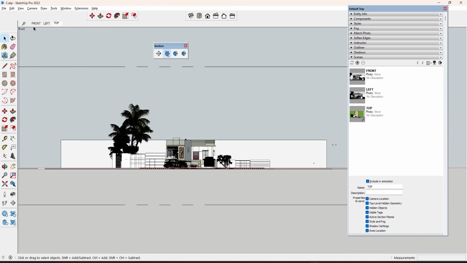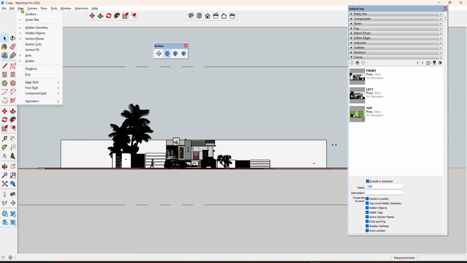Position camera, this is the same as the camera option. And then once you are done with the scenes, you can even create the animation by using these scenes. For that you go to the view option and animation. Make sure before creating the animation, you are ready with the scenes. If not, click on add scene here, update scene here and delete scene here. And now I just click on the play option so that I can play all these three scenes.